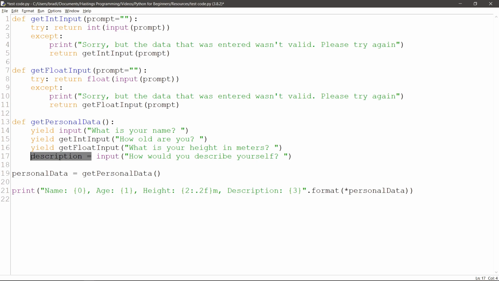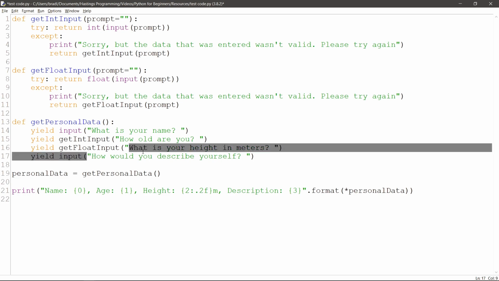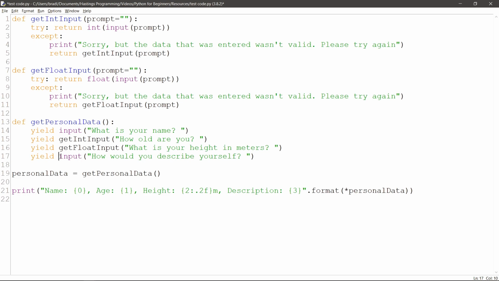Instead, you're going to want to yield results, so you return a whole list of things and then output it. So you could yield, yield, yield, yield, bam, you're done. So personal data equals get personal data. Fantastic. Now if we were to run this,